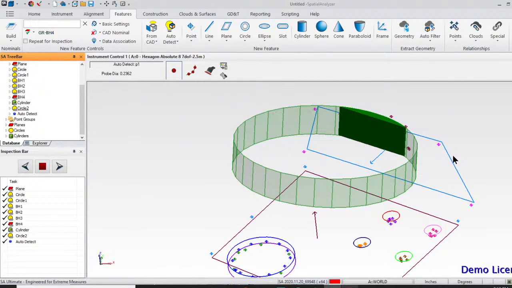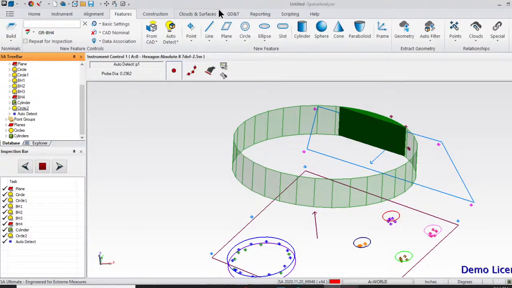That can be very nice if you're just measuring a lot of pieces of this part and don't want to go and create your template ahead of time or tell SA what you'll be measuring. If you wanted to use this tool to create a template, you could. So let's say that was my measurement process using that auto detect feature. I'm going to use this to create a template. Let's say this part is serial number 1, and I want to measure my second part, serial number 2, but it's the same kind of part. I could save this file as